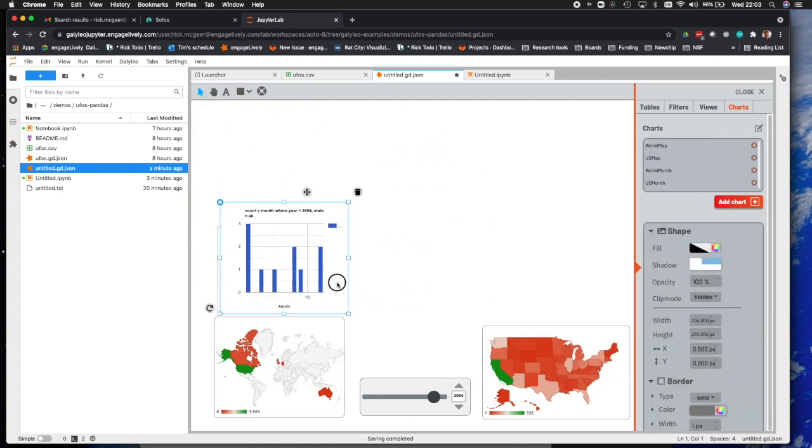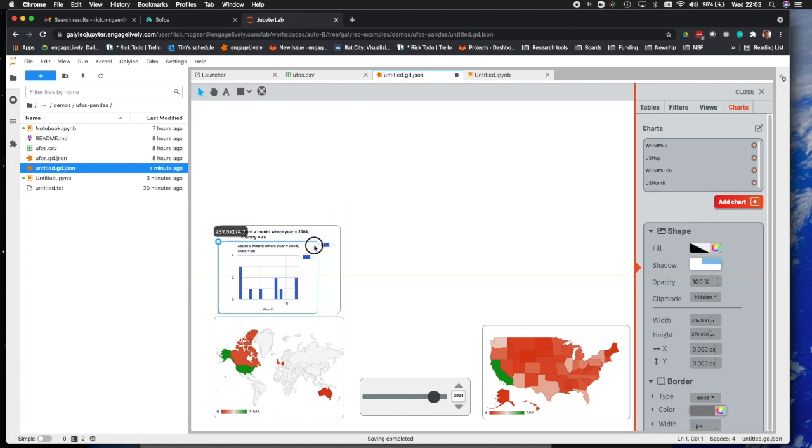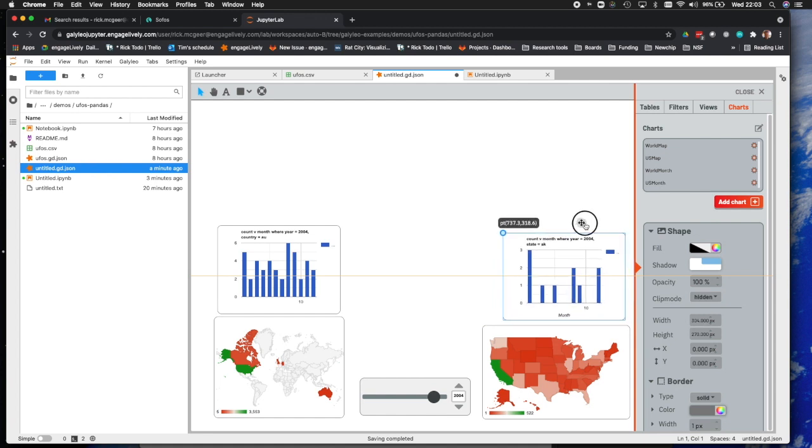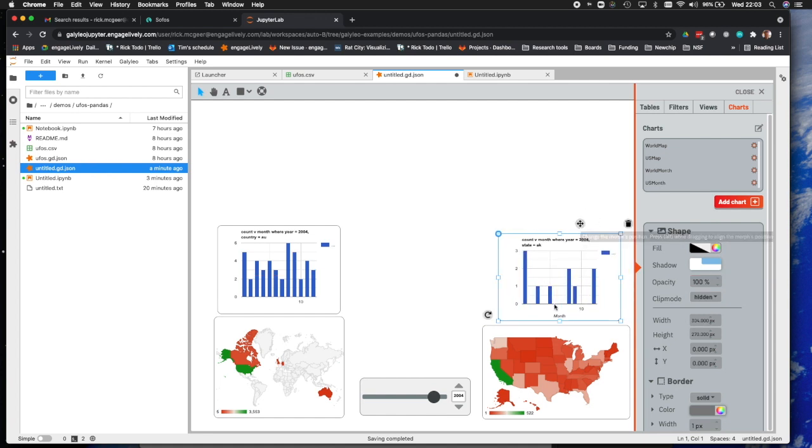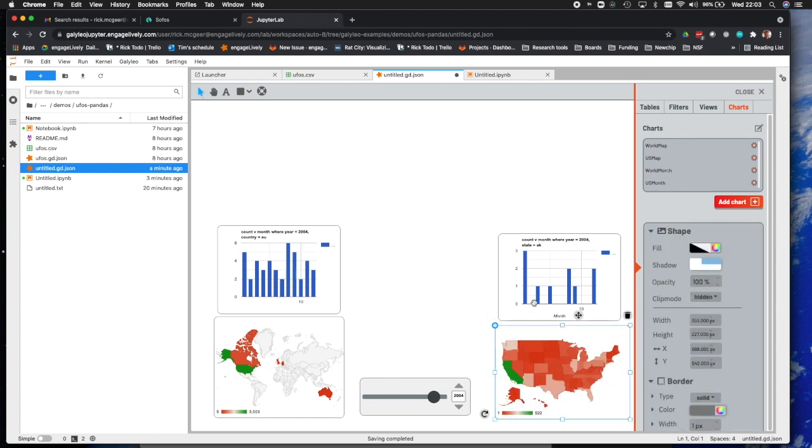Let's resize it to be the same size as the world chart. Just moving it over for alignment. There we are. And now we have the world by month chart. As we click on a state, after we've resized the US map a little bit,